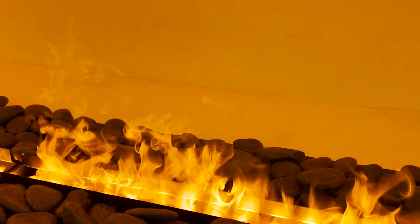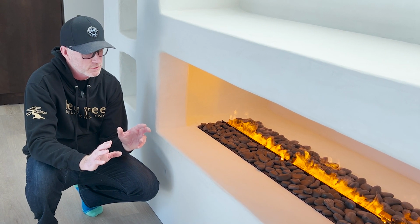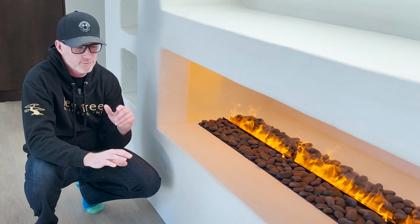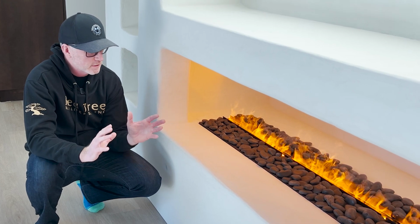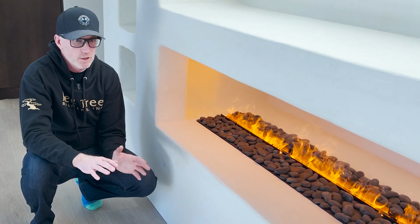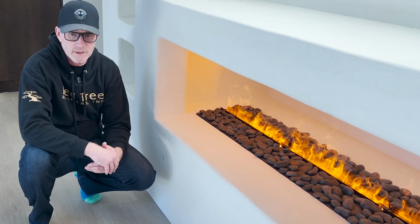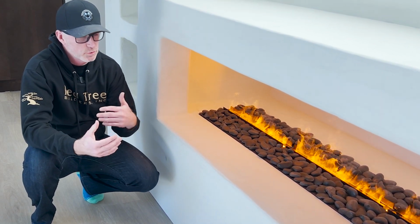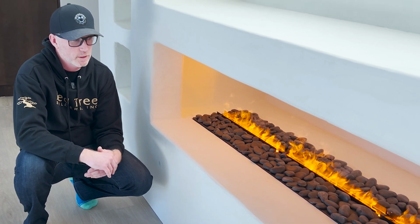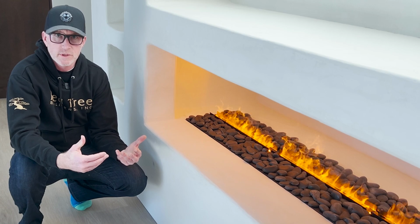Lastly, I would say our clients have loved this. We're doing this on, actually this is the first one we finished. We're doing it on a couple other houses. Just the look and the feel, and once you hear the sound and the crackling, and just the feel from a distance, and the low maintenance of this. I've got a gas fireplace at my house. It's a dual side. I would totally put this into our house on the next one, because truly we never really do it for